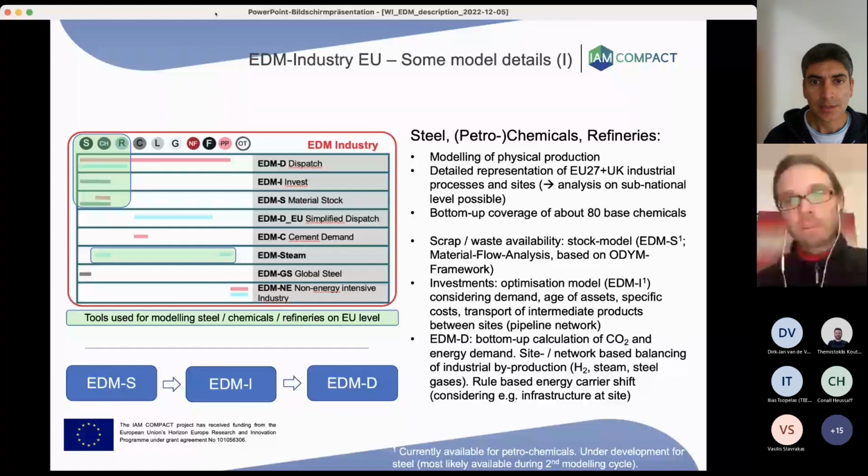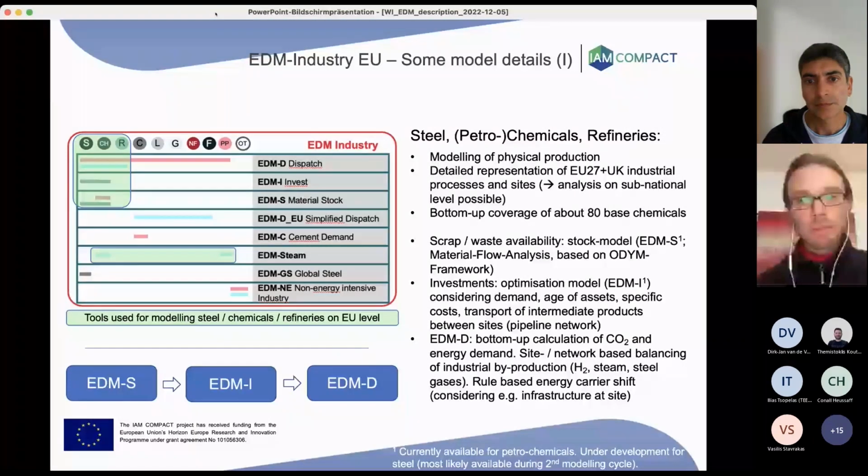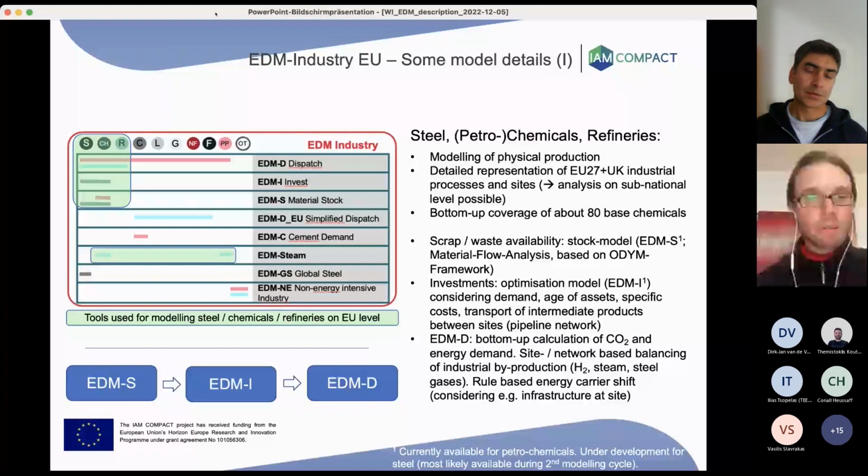Mostly we use three of the models in the order shown below. We can start with a material stock and flow analysis, the EDMS, which shows in particular the amount of waste materials available for production.